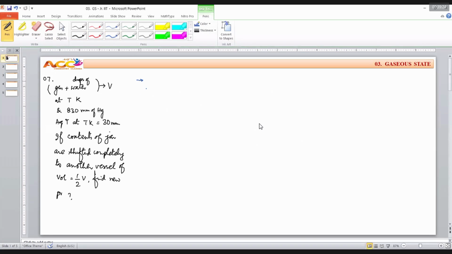But those who are having a problem, yes, I'm available with you. We are having a container in which we are having moist gas. Now he is talking about constant temperature, T kelvins. Nothing has been mentioned, therefore, at constant temperature,